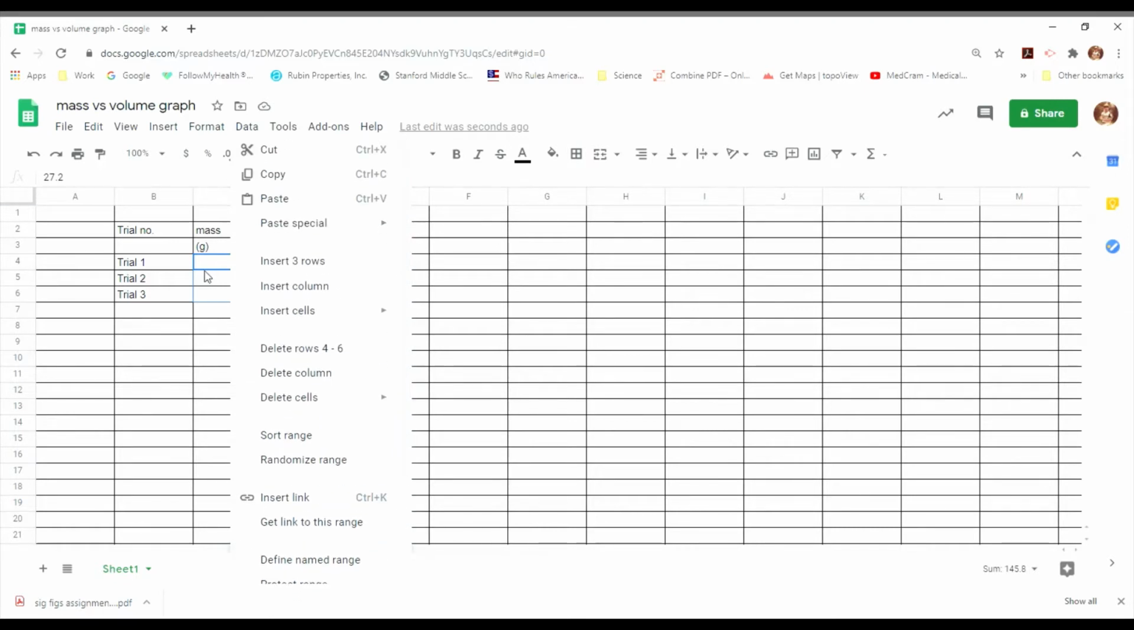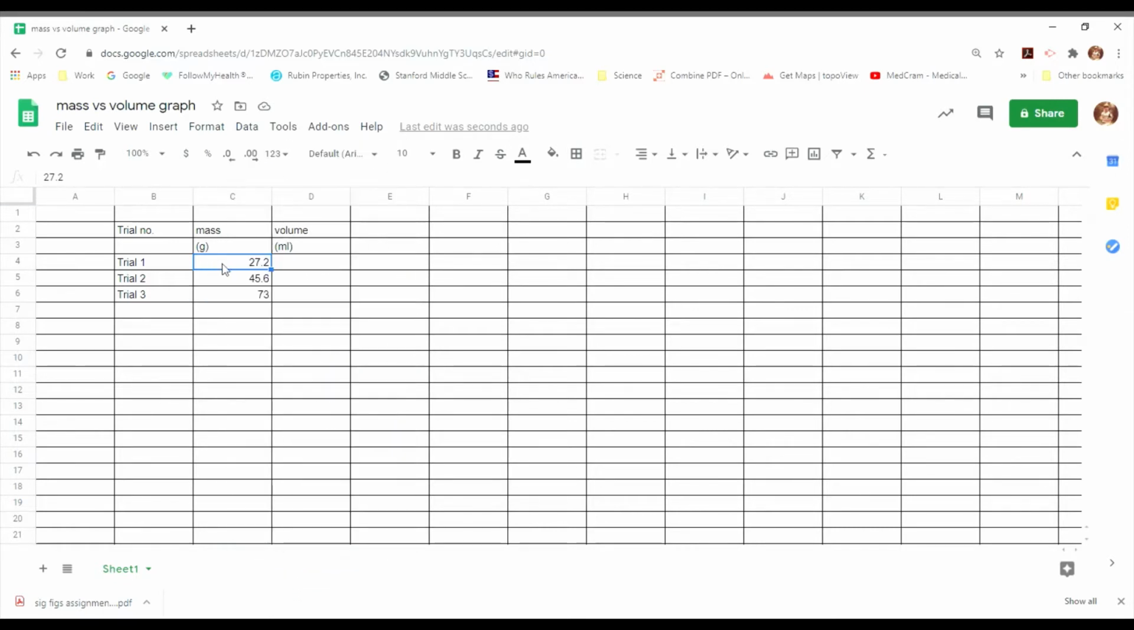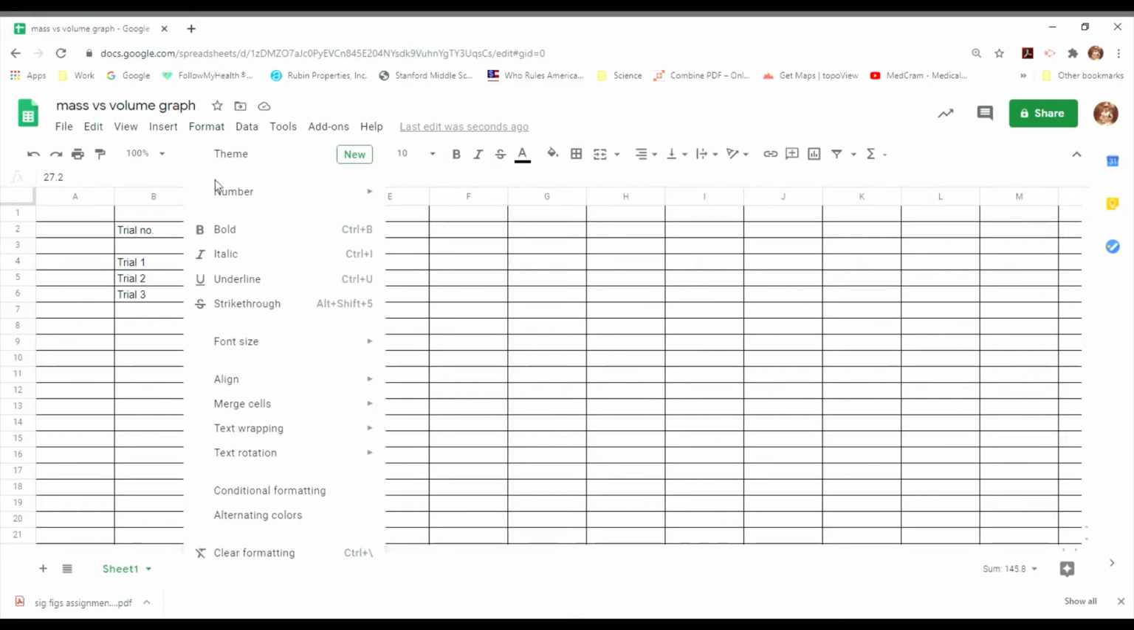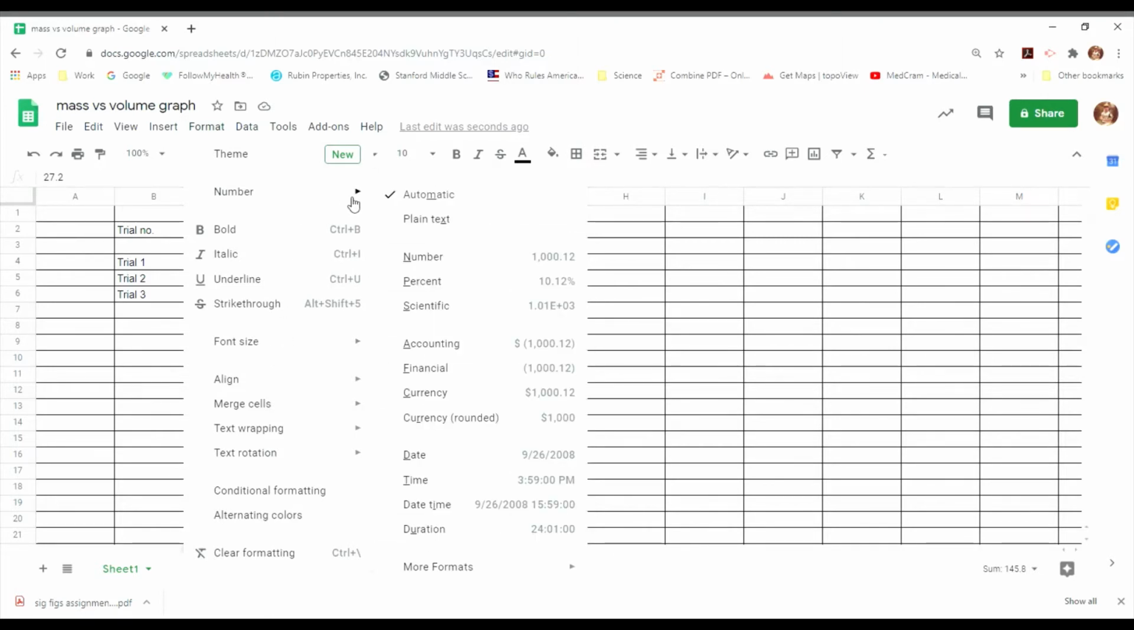Let's see, I'm trying to go based on how you would do it on Excel, because I'm much better at Excel. You know what? Go ahead, highlight them all. There's a format button up here. Click that, and then you go to the number, and it'll ask for how many decimals you want. So you go to number,